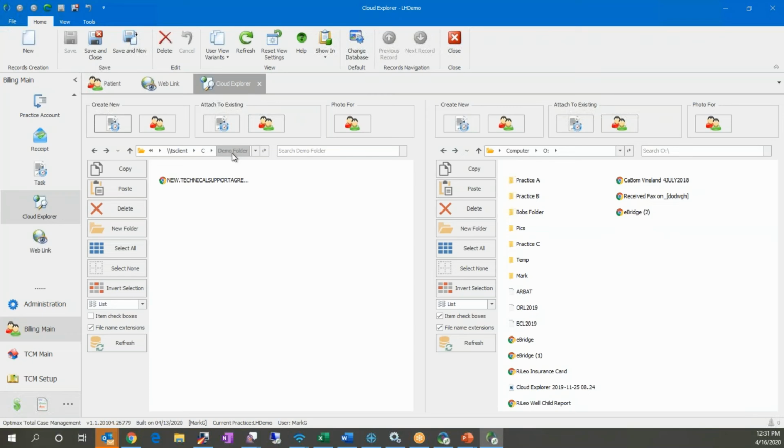So if you have multiple documents that are growing within that practice folder on your network, then the work tip here is you come in here, and there's a couple of ways you can do it. You can click on Select All. So if you've got 10 new files sitting in that folder, you just highlight them all by selecting all, or you can do Control A, or if there's certain files that you want to select, you can hold the Control button down and you can go through and click on those. What you do is you hit Copy,